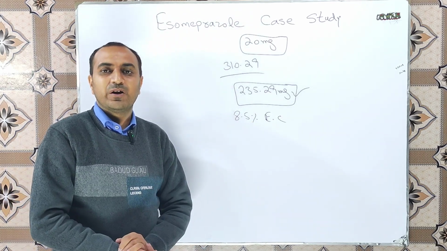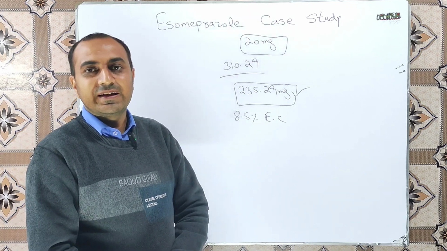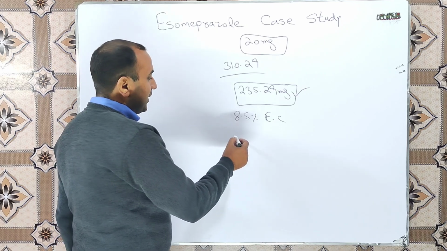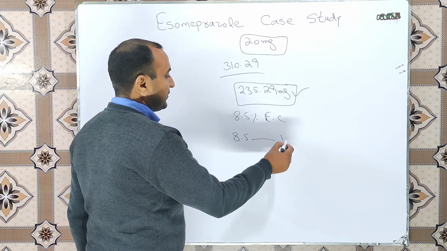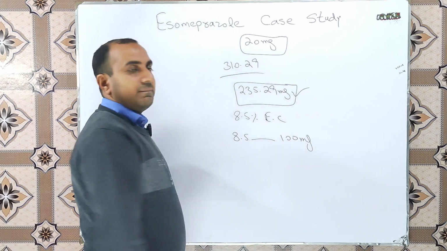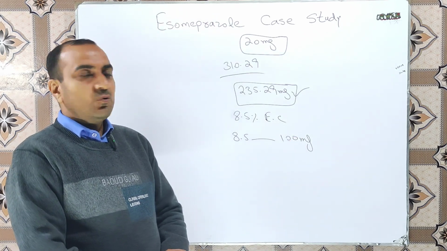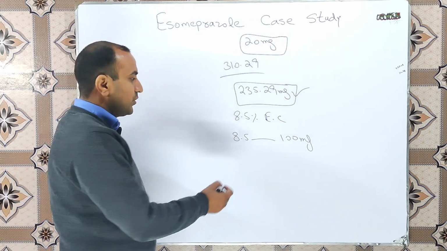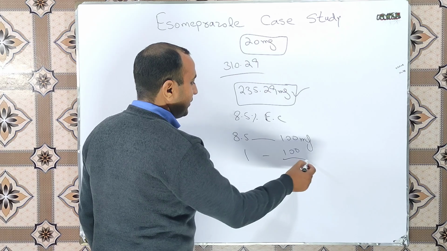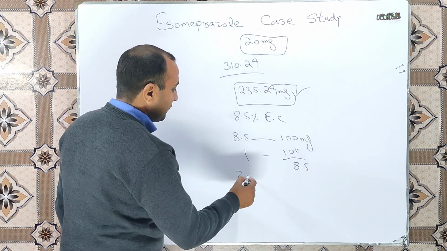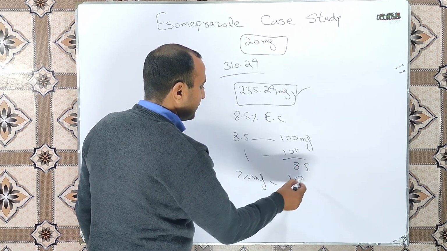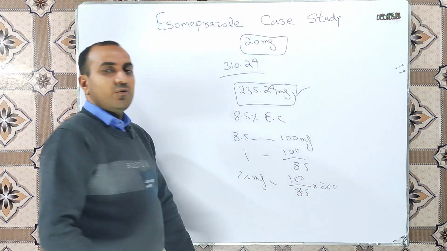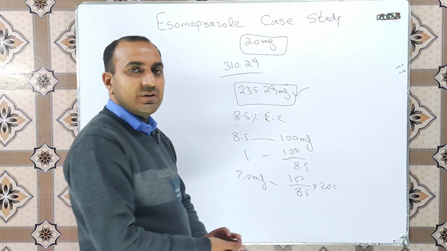So what is the meaning of 8.5%? 8.5% enteric coated esomeprazole pellets means 8.5 milligram esomeprazole is present in 100 milligram. So we want to calculate 20 milligram esomeprazole. So we will use the unitary rule: 100 over 8.5, and for 20 milligram our answer will be 100 over 8.5 into 20. So when we solve this equation, our answer will be